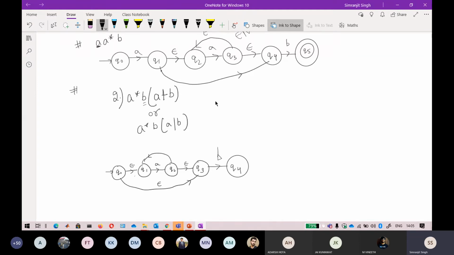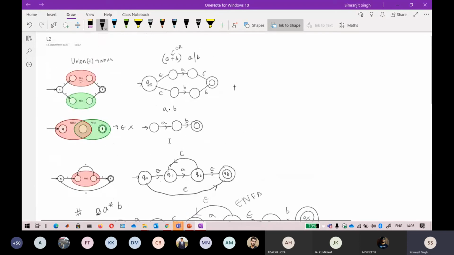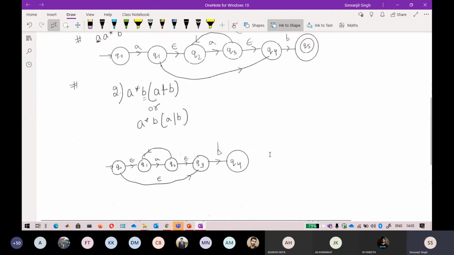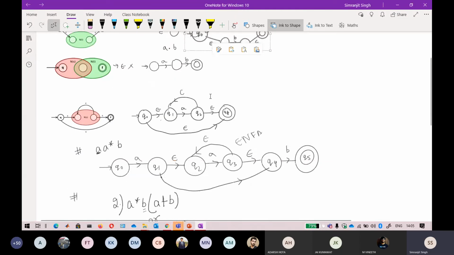After that I want A plus B. This is the same expression that I designed earlier. You can take this expression, copy and paste it here.